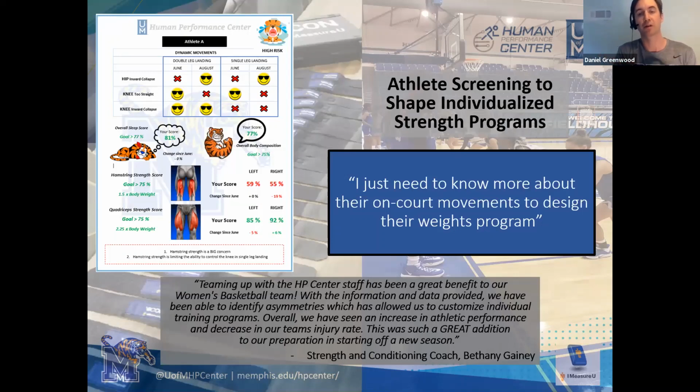And so all of the girls, with this process, as part of our screening now, we also collect a week's worth of data of the girls on court, and found some really interesting things in terms of, although their right-left strength might be all right, their loading on court can actually be quite different. And one of the interesting ones was